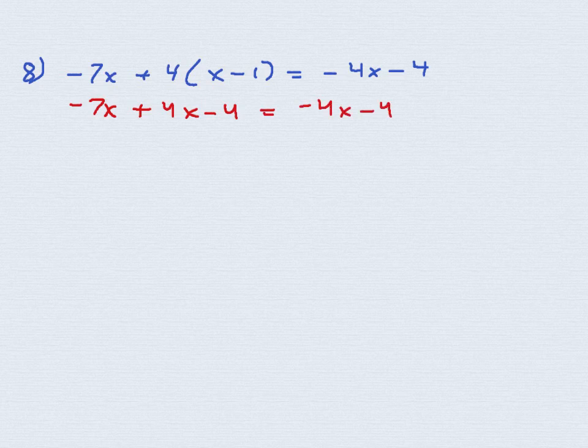You carry on across. And now you have to group all your like terms together. So on the left, we're going to put all the x's. So negative 7x plus 4x. Bring this 4x over, it's going to become plus 4x again. On the right hand side you have a minus 4. Bring the other minus 4 over, it's going to change to a plus 4. On the left you're going to have